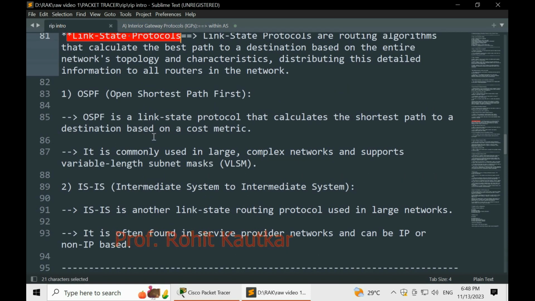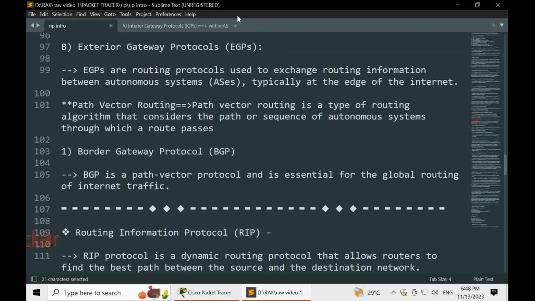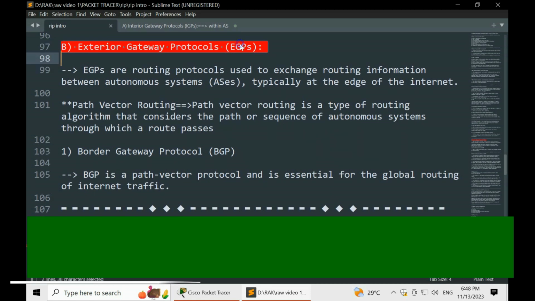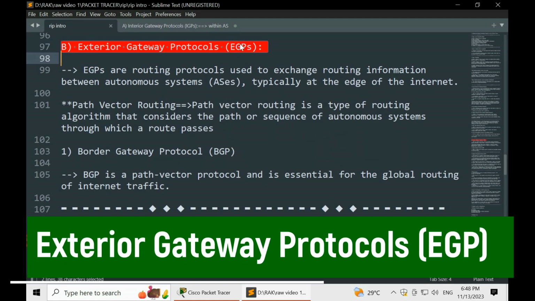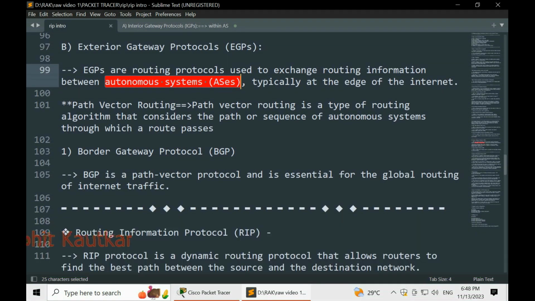So here it is, exterior gateway protocols. These are the protocols that are used for exchanging information between autonomous systems. So this is the important point.